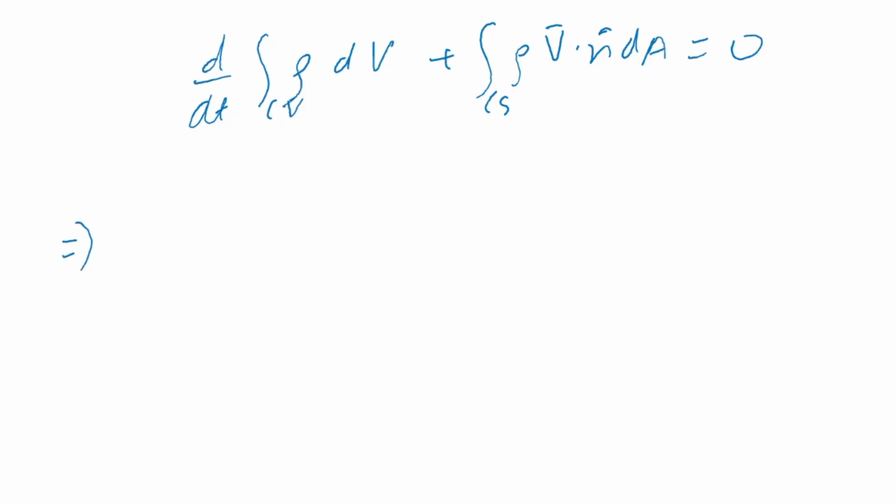So if I rewrite this, I think this will help you better understand by looking at an example. So if I take the second term to the right hand side,